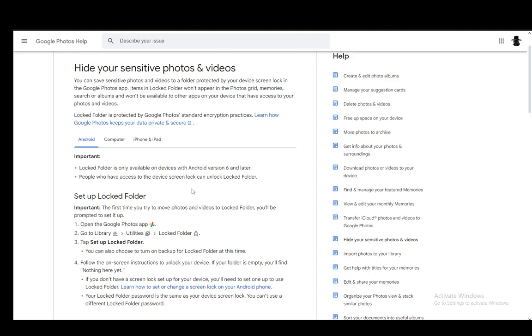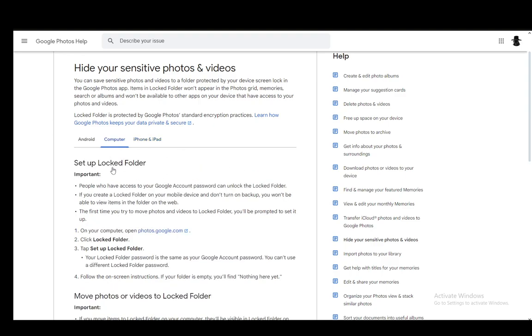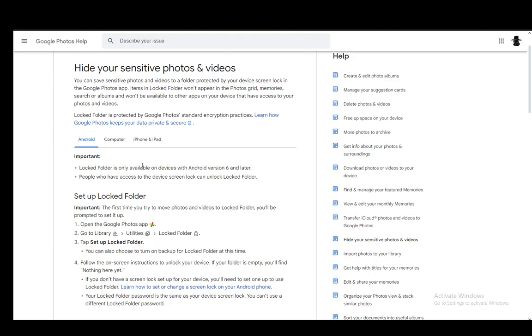You just need to go into your library, go into utilities, and go into your locked folder, and then you'll be able to access it from there. However, this is only available on Android 6 and later, and on iOS 15 and later if you're using a mobile device. On computer, it is generally available on the internet,